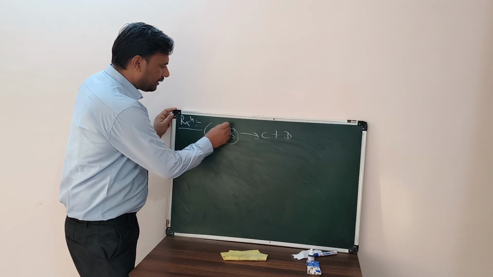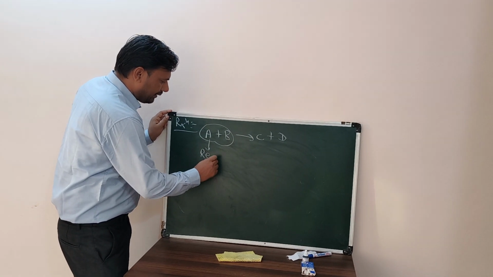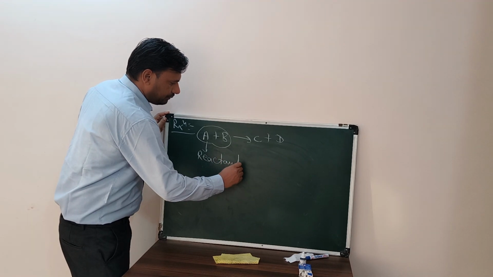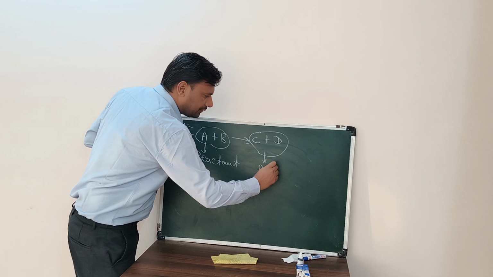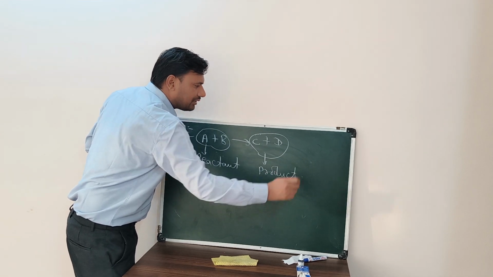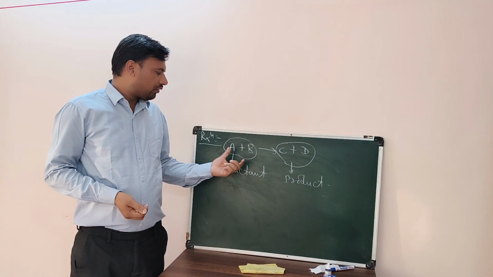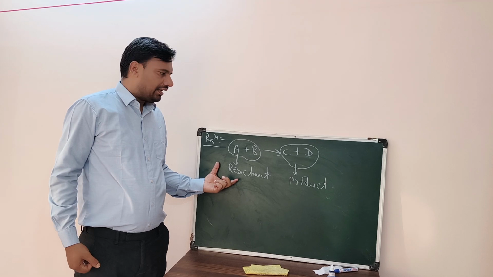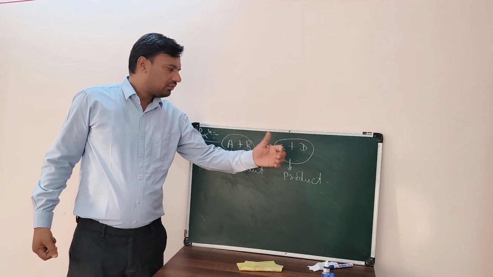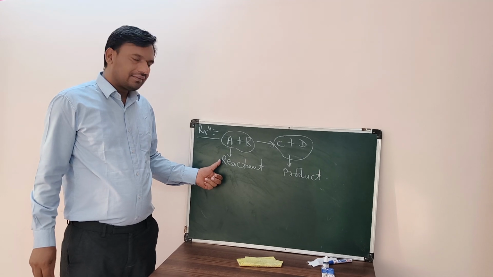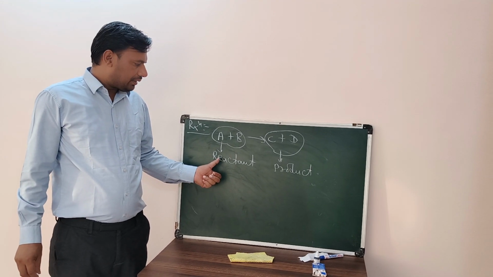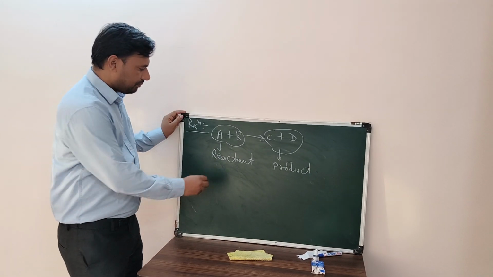A and B are collectively called reactants, and C and D are called products. Whenever any reaction is written, before the arrow we always write the reactants, and after the arrow we always write the products. Reactant is of two further types. Reactant is itself of two kinds, that is